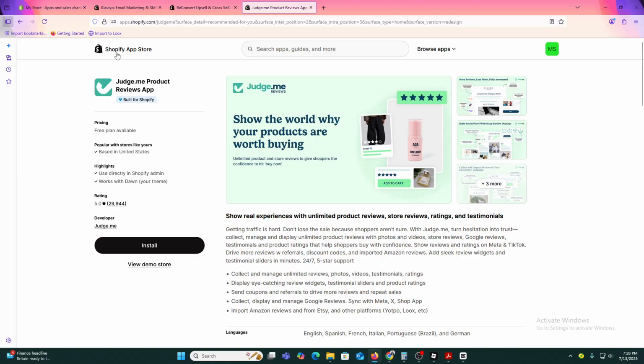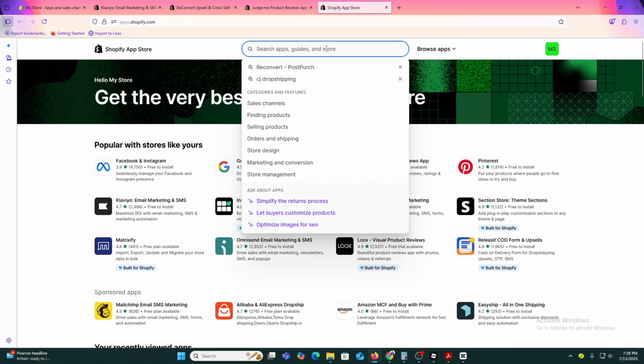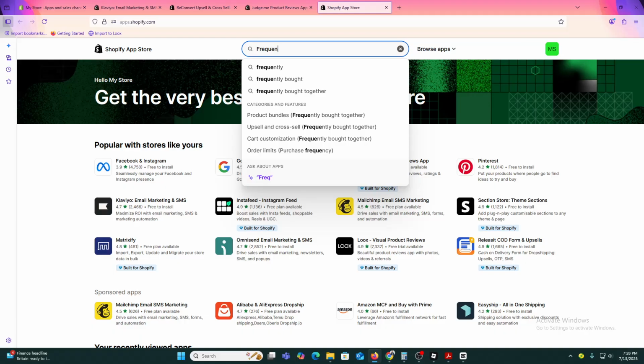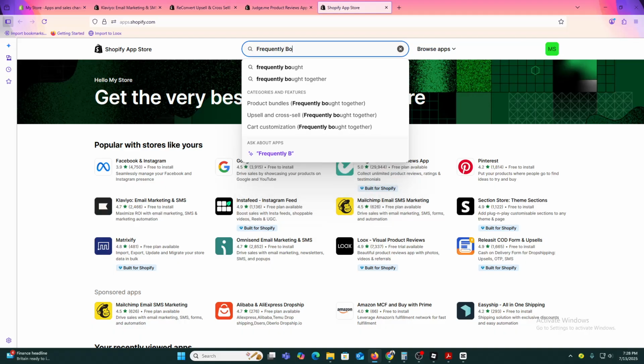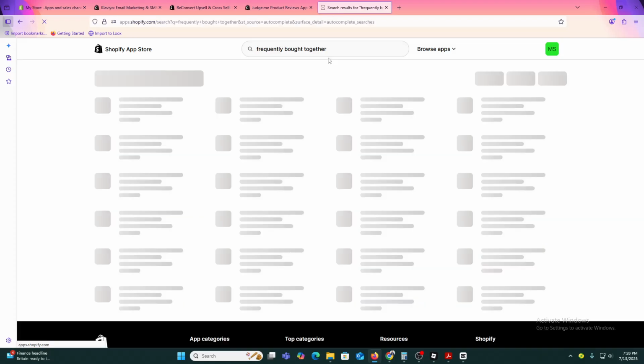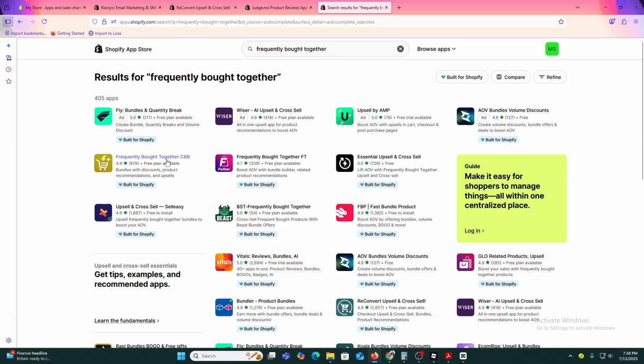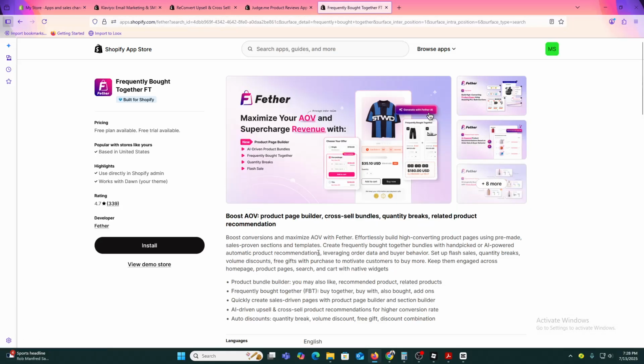Let's open the Shopify app store first, then search for it. That one is Frequently Bought Together. The spelling is F-R-E-Q-U-E-N-T-L-Y bought. Here you can find the app, Frequently Bought Together. You can choose any of them from that list, both are the same, so it's totally up to you. Let's go with this one, or you can go with the one built for Shopify. Let's go with this one. This has fewer reviews, that's why I chose